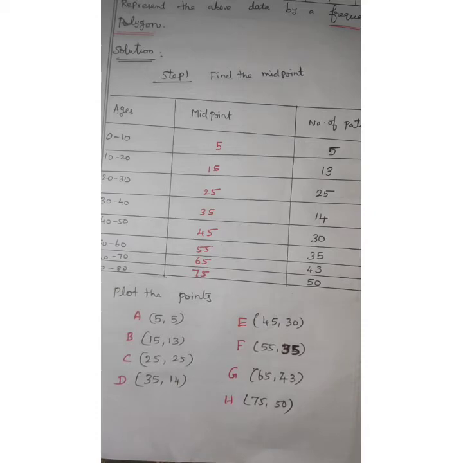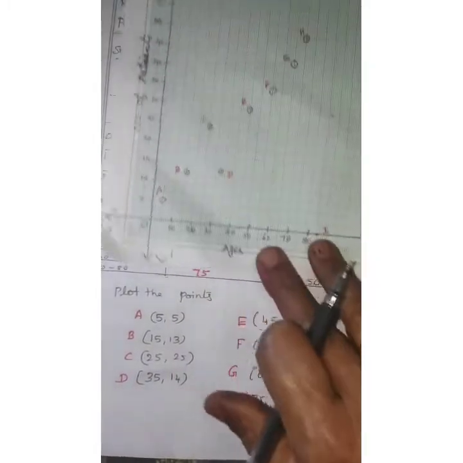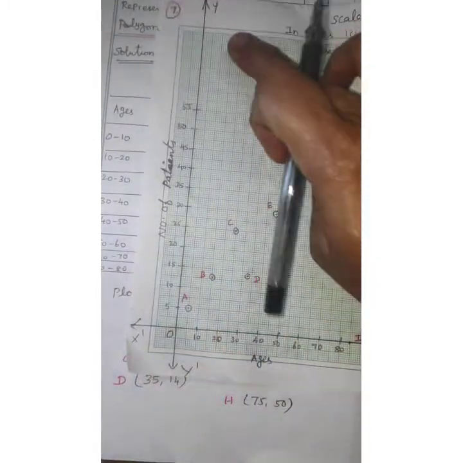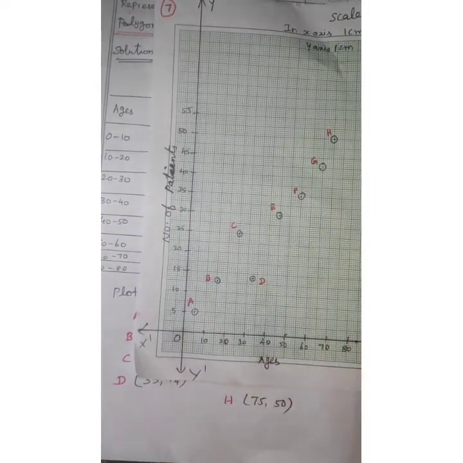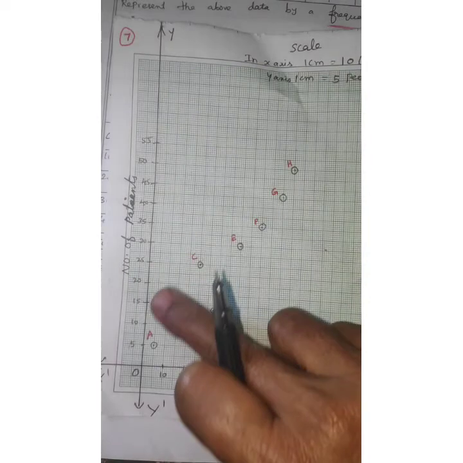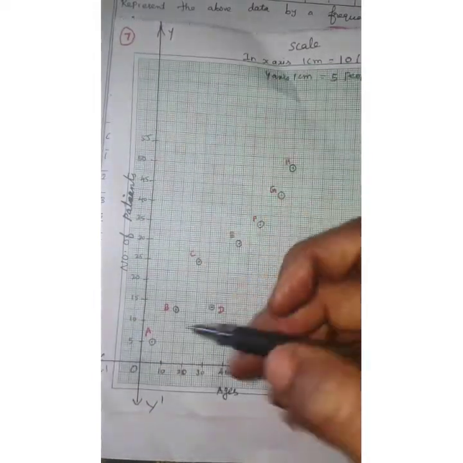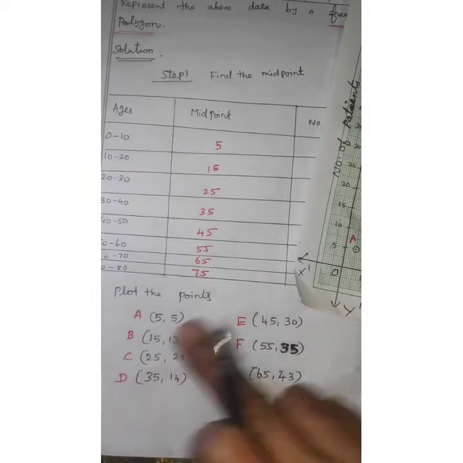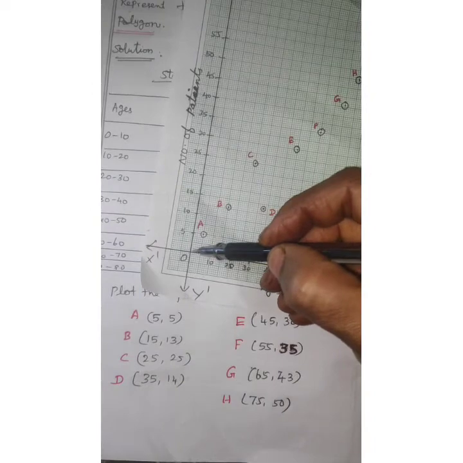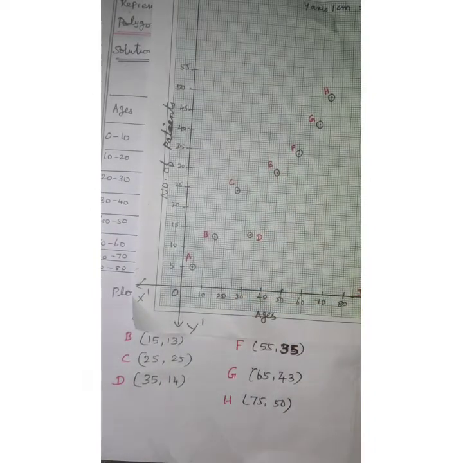Draw in the frequency polygon. Want to draw. Now you write it the X, X dash, Y, Y dash. Divide the graph: 0, 10, 20, 30, 40, 50, 60, you write. Next frequency and all, 5, 10, 15, 20, up to 55, you write. Next draw in the first point. What is the point? 5, 5. Where is there have 5? 0, 10 between, in between small line. See there very carefully.